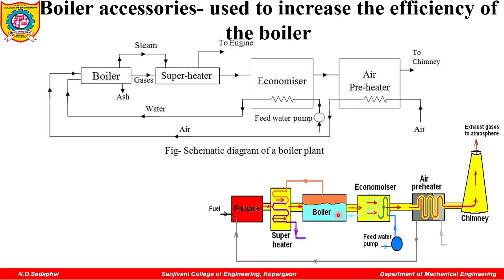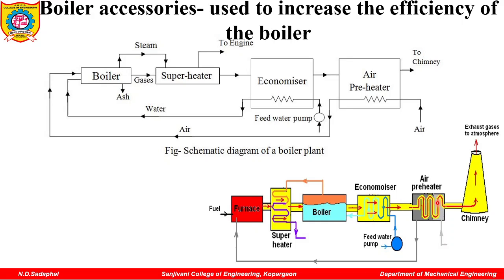So whatever water is supplied to the boiler will be heated water. Initially the water is at room temperature, but now you are supplying water which is already heated, because in the economizer the water gets heated due to the hot flue gases which are leaving through the chimney. So here the water will get heated, and that heated water is supplied to the boiler. So in the boiler, the heat required to convert that water into steam will be less. So here ultimately again there will be an increase in efficiency.